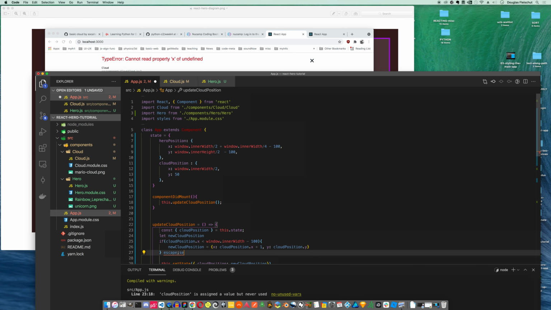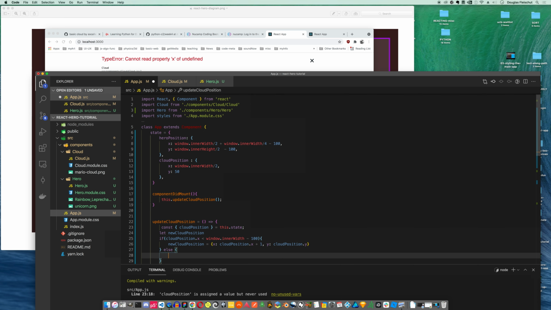Else, otherwise, if it's reached the end of the window, then we can say newCloudPosition equals